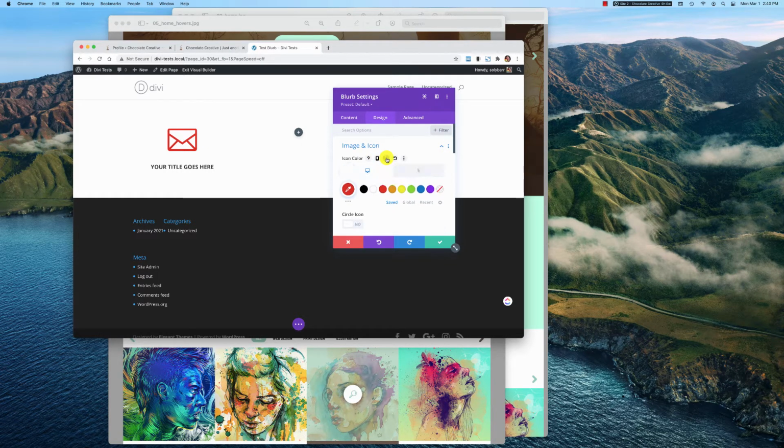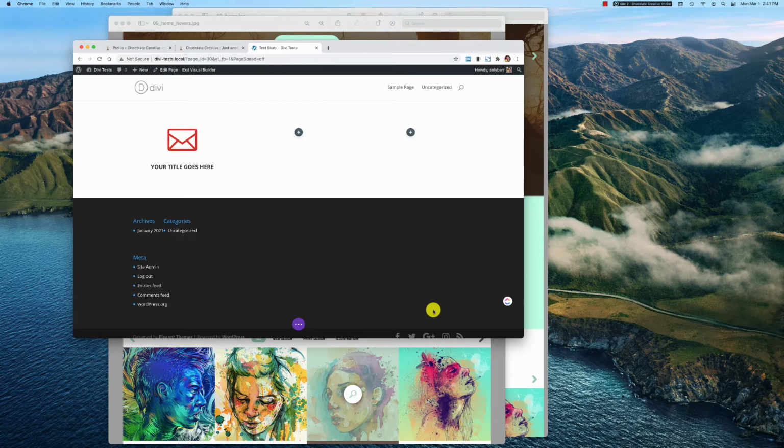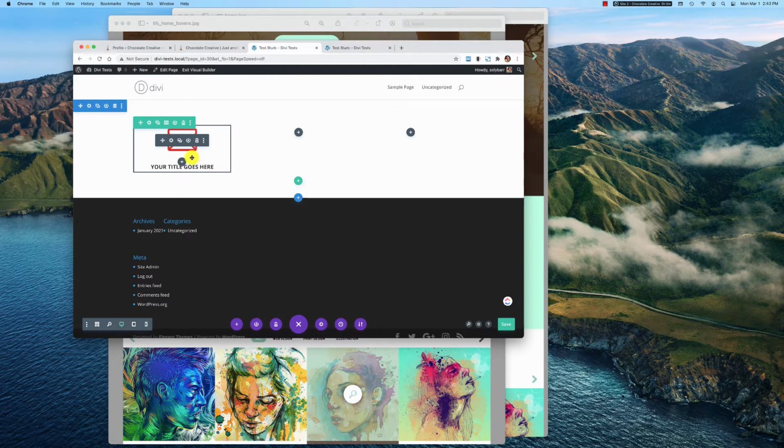So let's click here at the little arrow and click on hover, and then let's choose this one. And it will show you the state where it is when you hover. And let's test that and see how that's going. Okay, and where I hover, you see that it changes color. You could also change the title's color, but we're not going to do that right now. Okay, so now we have the hover and the color changes,